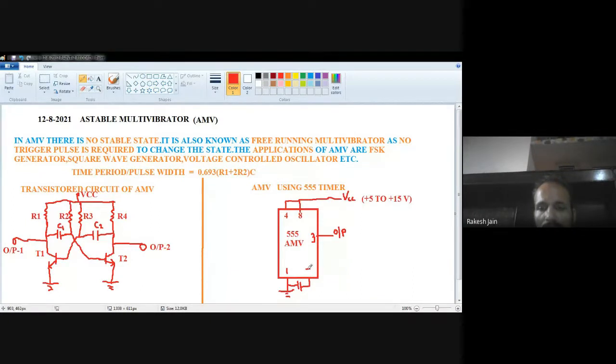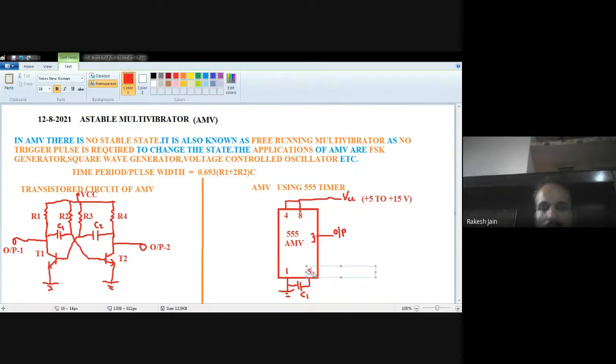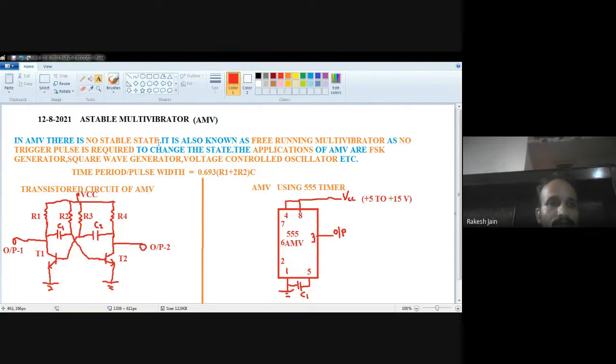So this is pin number 5, which is connected via a non-electrolytic, disc-shaped capacitor to pin 1. I just make this clear, this is the 5th pin. Now the remaining pins are 1, 2, 6 and 7. Let's suppose this is my 6 pin, this is 7 pin, and this is my second pin. And I just draw a bracket so you will not be confused with the pins of the astable multivibrator.